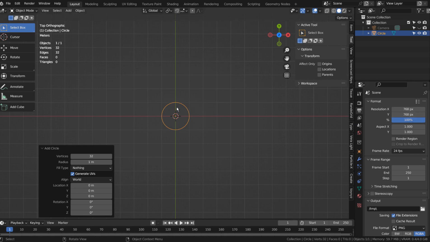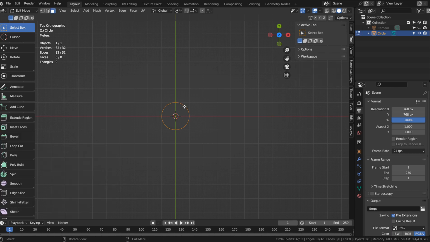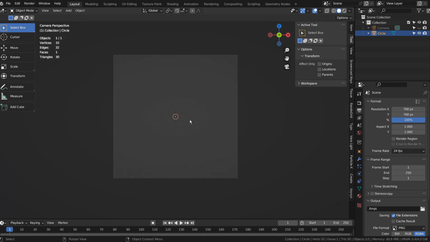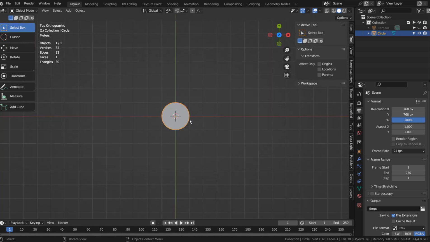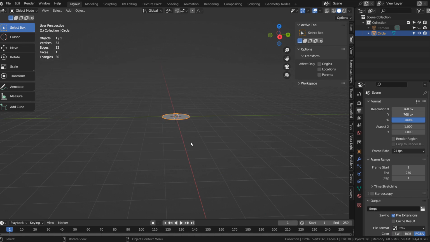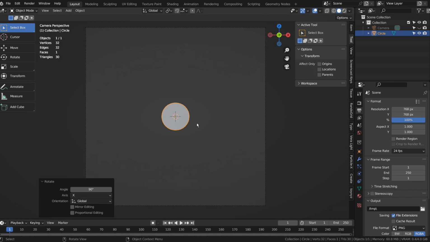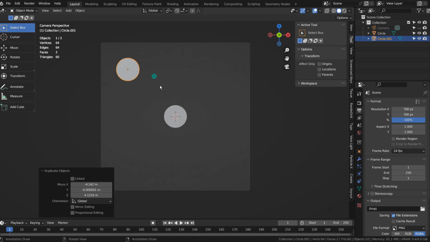In edit mode, type F to fill. Let's duplicate and scale the mesh like this.